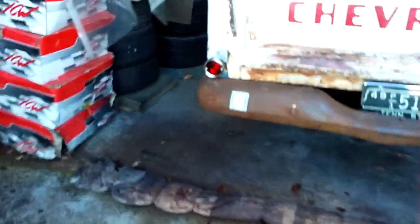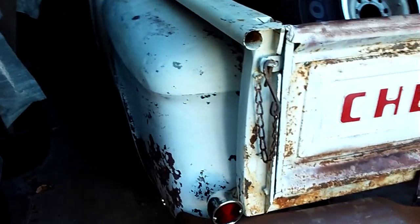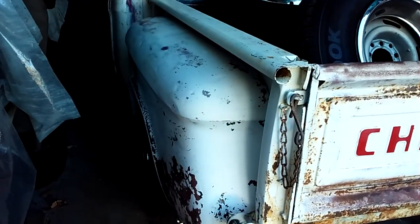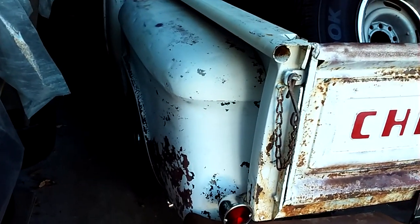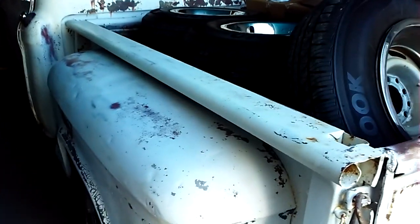Well, it's January 6th, 2019, and I haven't started this old 57 Chevy truck in several weeks. I really can't remember how long it's been. It hadn't been too long ago, but it needs to be started. I went ahead and opened up the garage doors, and I'm doing my best not to show you my nasty, junked up garage. So I'm going to jump in this 57 Chevy truck,